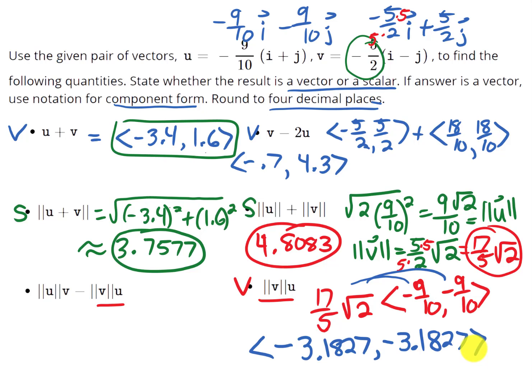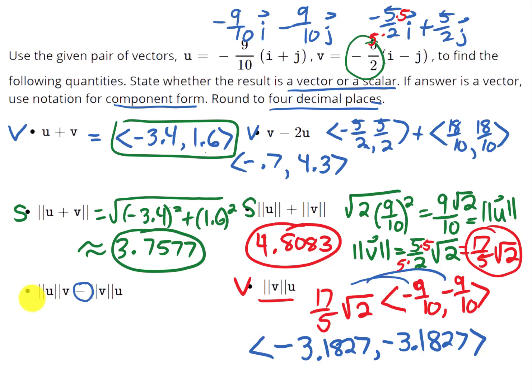So there is that piece, and so that is the second vector that needs to be subtracted from what I get when I do the magnitude of u times v. So I'm going to write out the magnitude of u times v, and then the negative and negative will make these positive, so then I will combine component-wise with those